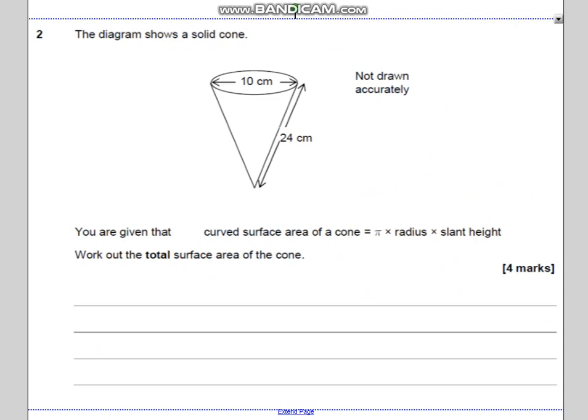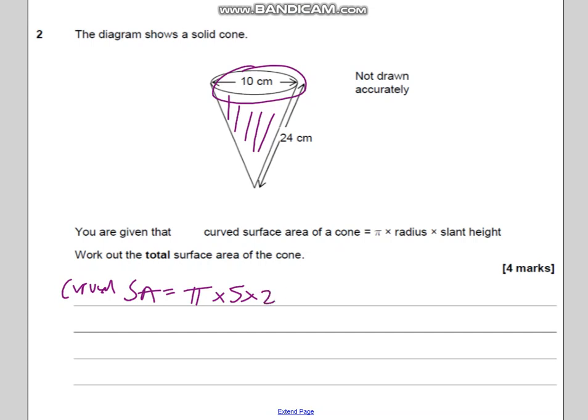Alright, question 2. So we have got two parts of this cone. We've got the curved surface area, so this bit here, which they give us a formula for there, and we've also got the circle around the top there. So our curved surface area must be equal to, as we've got it there, pi times by the radius, which is 5, times by the slant height, which is 24. That's going to give us 120